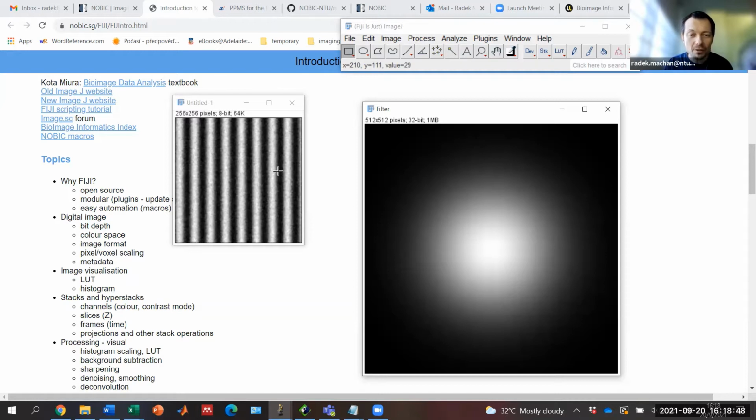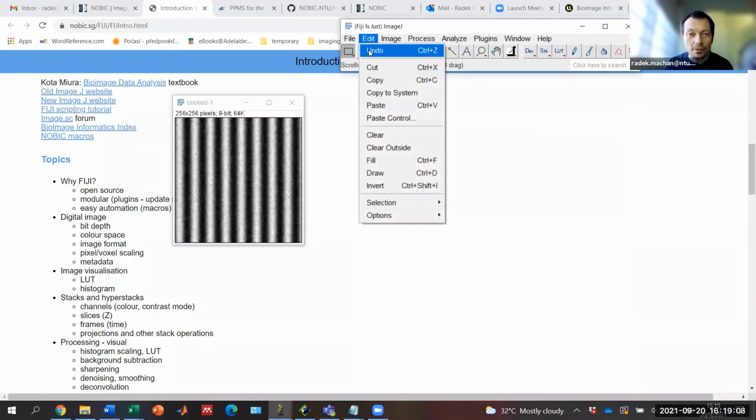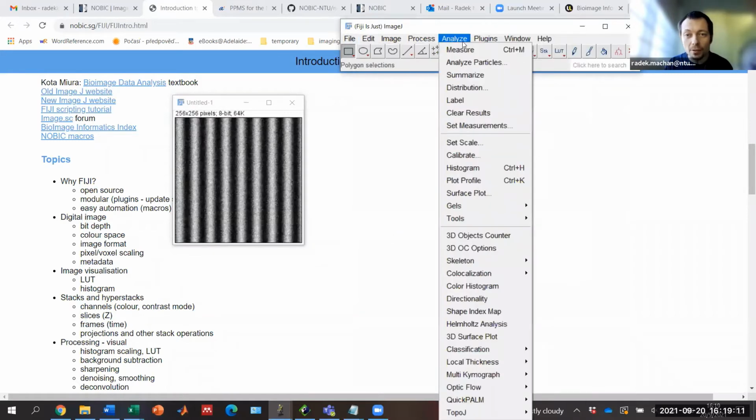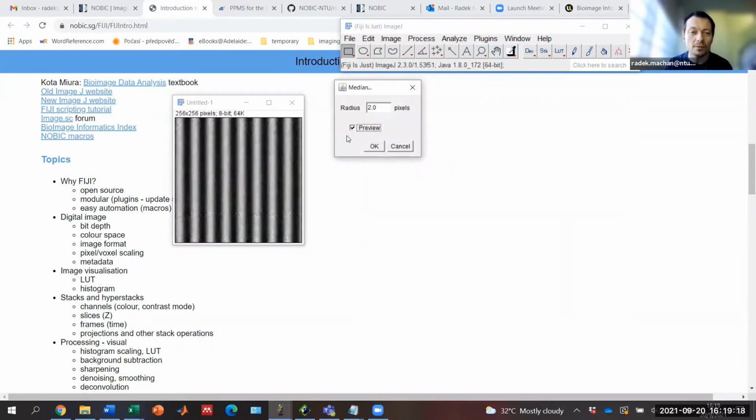great, because I would say that for removing high frequency noise, I personally find the spatial domain filtering a bit better. We can try to compare. Now Process, Filters, Median filter. I personally find that the spatial domain filtering is a little bit better for removing the speckle noise. But there are other